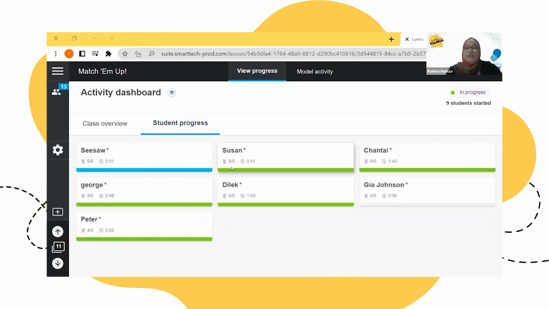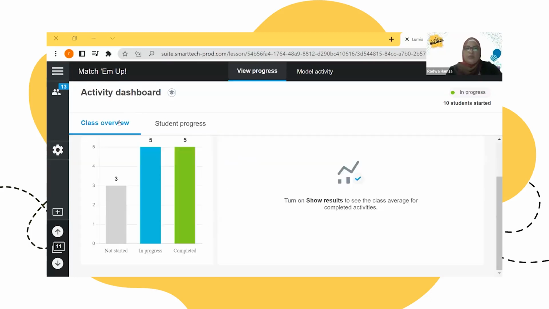Susan has got 5 out of 5. Excellent. Dilek has got 5 out of 5. Excellent. Peter has got 4 out of 5. So from this activity dashboard, you can see your student progress, and it's amazing if you teach online, to know who is working with you from their own device.